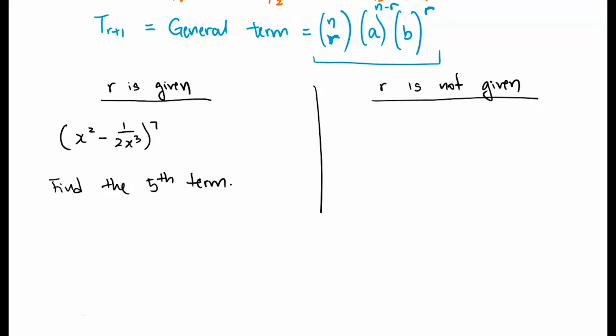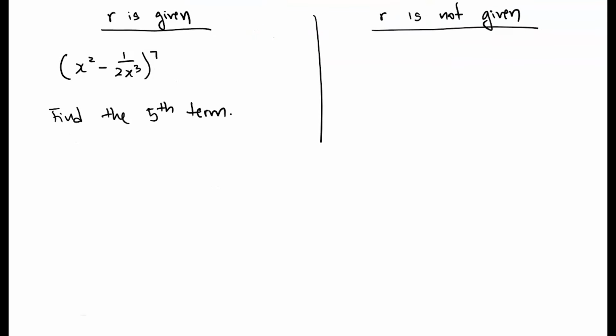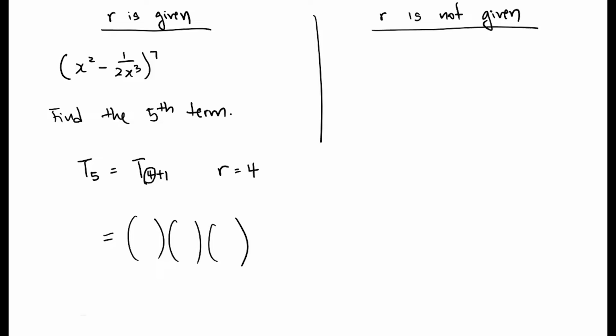For this example, because we know that we want the fifth term, which means we want t5, and we know that the general term is given as t r plus 1, finding the fifth term is the same as finding t 4 plus 1, which means that in this case r is given as 4. So if r is given, it is very easy to find the term that you want because there's no unknown. Therefore, for this question, to find t5, you just use the general term, write out the three brackets,